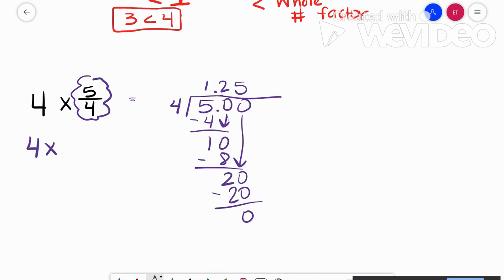So 4 times 1.25. My second factor, or my decimal,